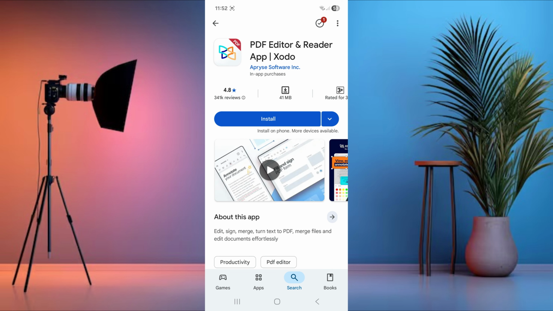Finally, there's Zoto PDF Reader and Editor. This is one of the most powerful free PDF apps. You can highlight text, add notes, fill forms, sign documents, and even collaborate in real time, all in full-screen tablet